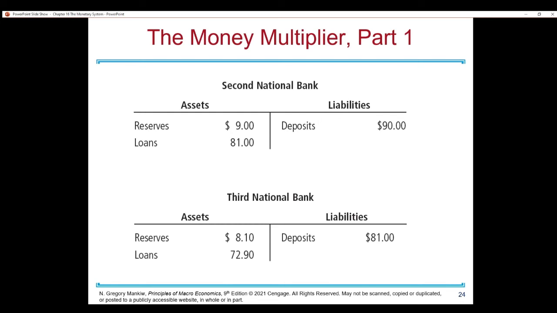The third person's going to deposit it into his bank. That bank is now going to have $81. They're going to loan out 90% of that, $72.90. And you can see if we add up all the money in the money supply now, it's going to be much higher than 190 because we've already added another $150. So now we're at like $340, which is way above the original $100 that we just started in the 100% reserve case.